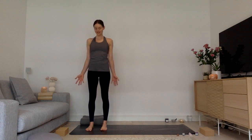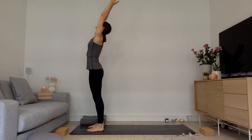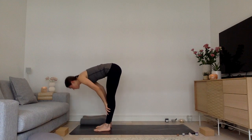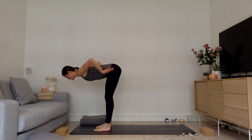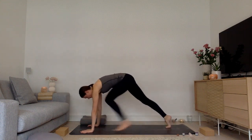Your eyes are closed, opening them back up. And then on your next inhale, sweep your arms up to the sky, palms connect overhead. And then as you exhale, bow forward, hinging from your hips. Inhale into your flat back, your hands come toward your shins. Start to send your spine long here, reaching through the crown of your head as your sitting bones draw backwards. And take another inhale. And then as you exhale, fold forward, place your hands on the mat and step back